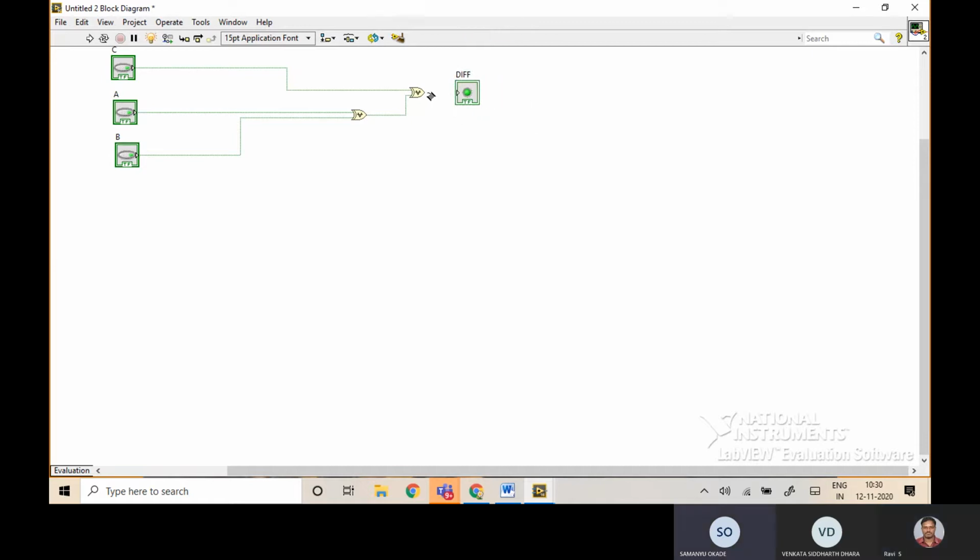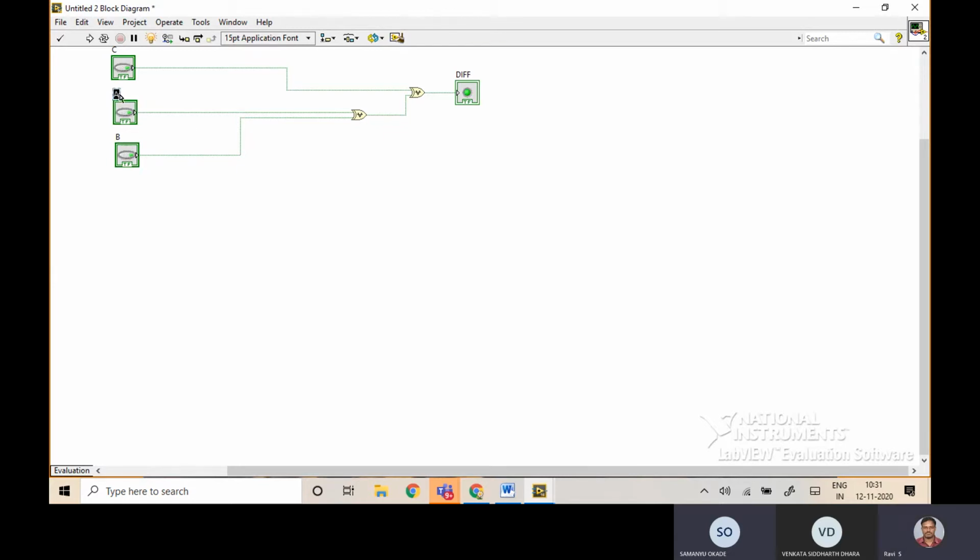Sir, what variables are you using, A, B, C? Okay. A bar, we have to take A bar, correct? A bar into B XOR C plus BC, right?